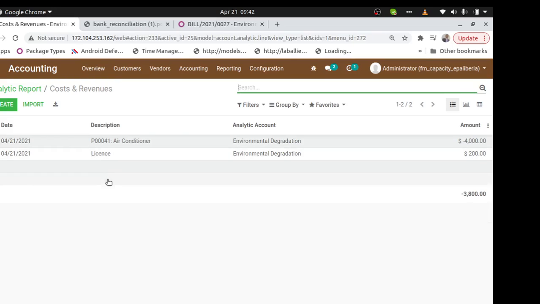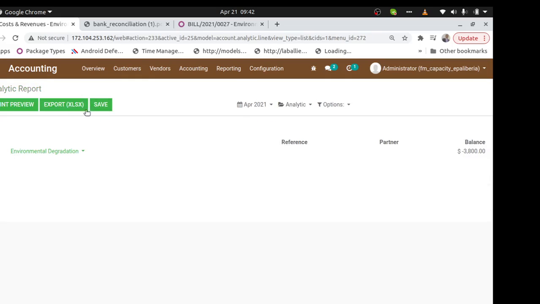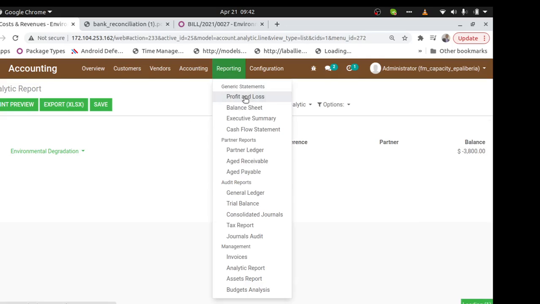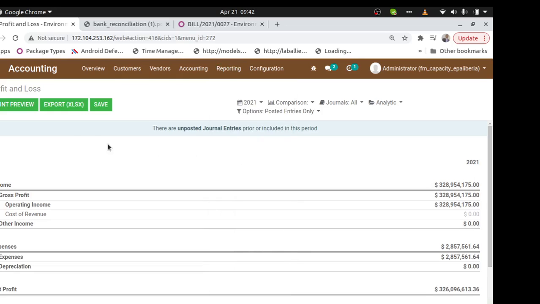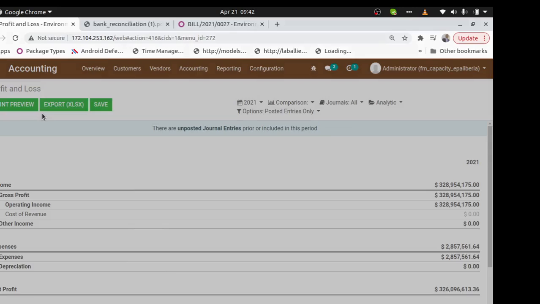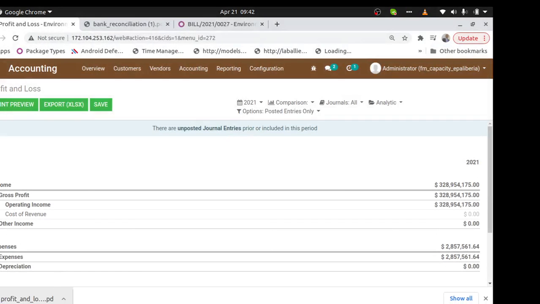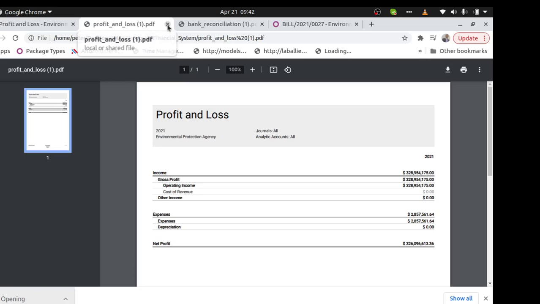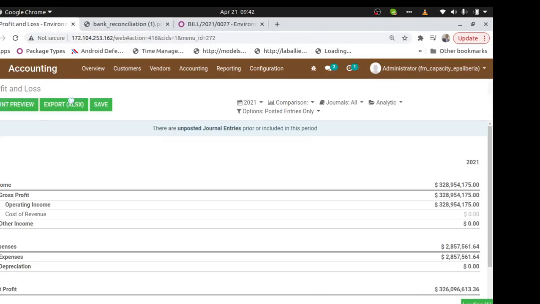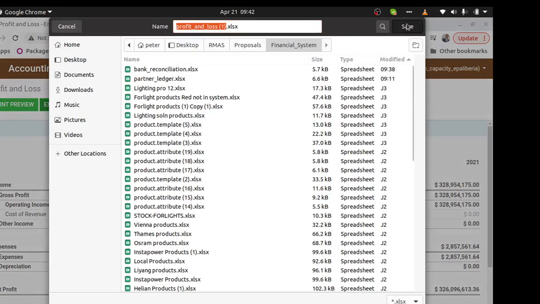So that's how you can see the report. And so all the entries will be here for that particular report. You can also print the whole report directly from your export to Excel, print preview, like that. You can see some more options, unfold everything, and then you can print it as you unfold it. And then there are also other reports, like for instance, profit and loss report is there. You can see it there. You can print in a PDF there. You can open it. You can also export in Excel. You can see it directly.